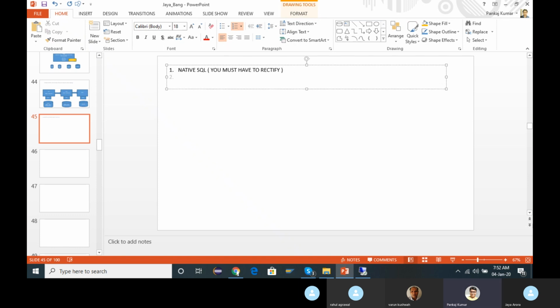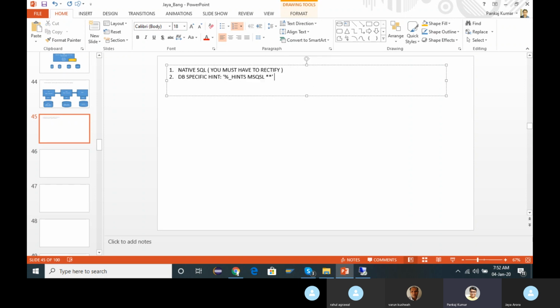The second thing: sometimes, to improve performance, we give DB specific hints. You know what a hint is? For improving performance, we start with a percent sign and give hints. Suppose it is MS SQL, then MS SQL hints have a syntax like this, and you have to correct it.